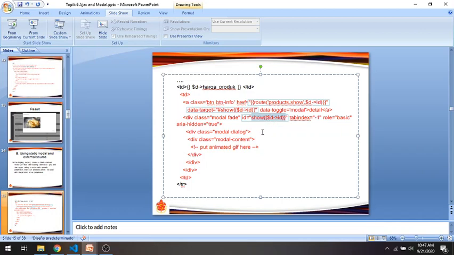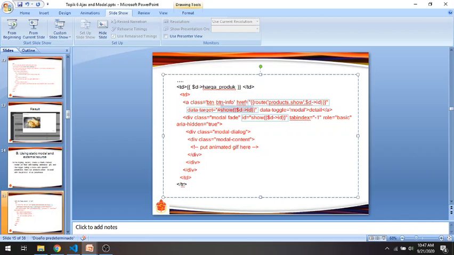So for the first product, it will have ID show 1. The second will have show 2 and so on. Then the data target here is connected with this one, and also we use the sub pattern here.